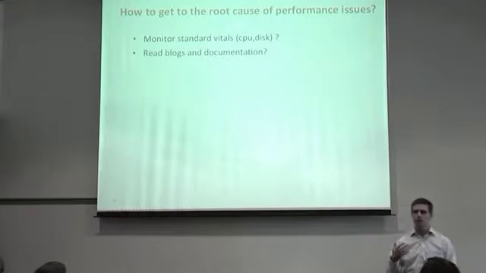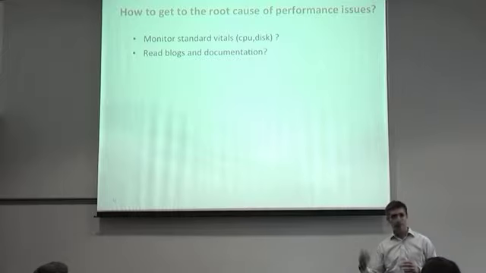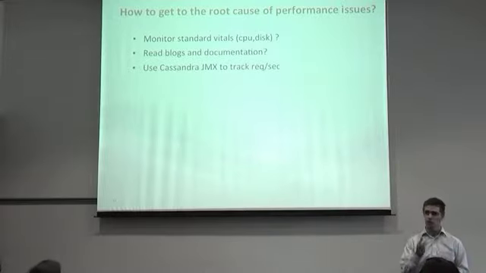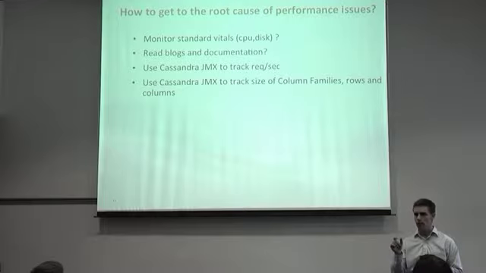Well, they started by looking at some high-level metrics, things that you might get out of Ganglia, things that you might look at from OpsCenter if you're using DataStax Enterprise, to try to see that holistic view of how is my cluster doing? And nothing really jumped out at them. They read the blogs, they tried to do their own investigation of, well, what's the type of tuning that I can do, and can I look at specific JMX metrics? Can I look at requests per second? Can I look at the number of column families in play, and trying to do that triage,